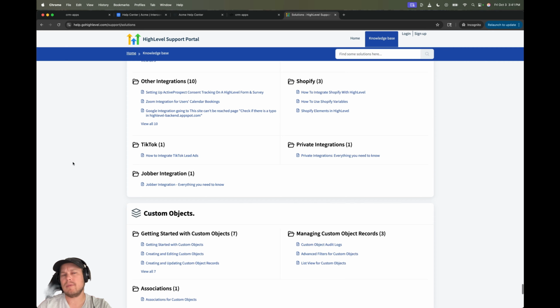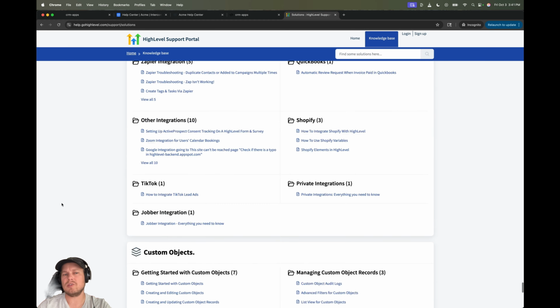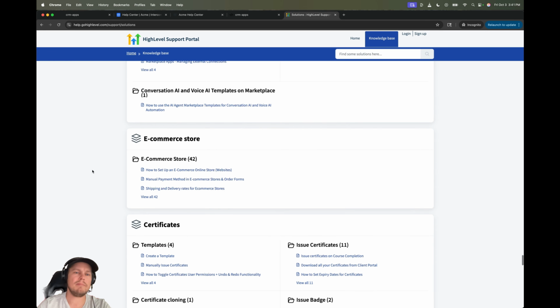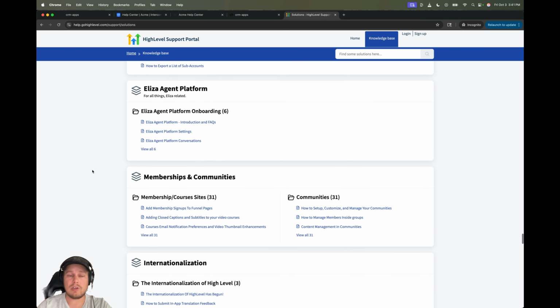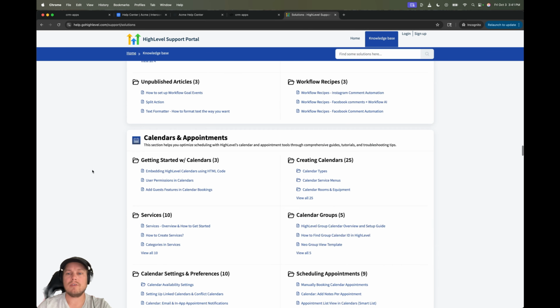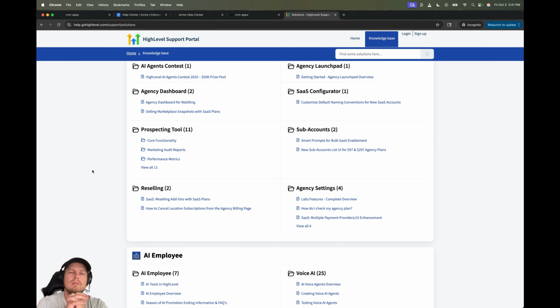in some way. I mean, you don't have to be as thorough as this. It could be as simple as, hey, this is the reputation management tab, and record a video. You could just record a video of yourself going through it, and that way you don't have to write quite so many articles. But if you're not hiding the fact that you're selling Go High Level, and you turn on